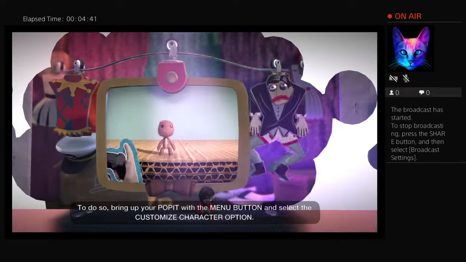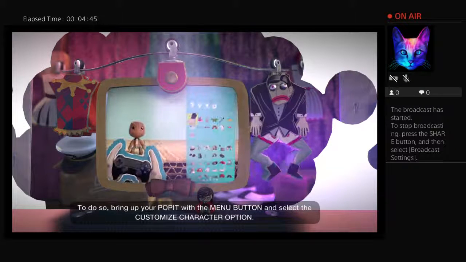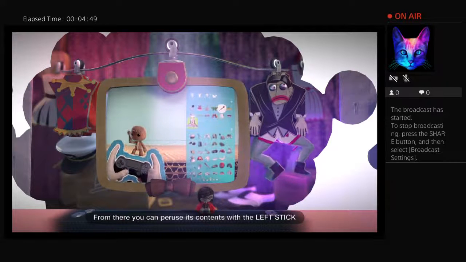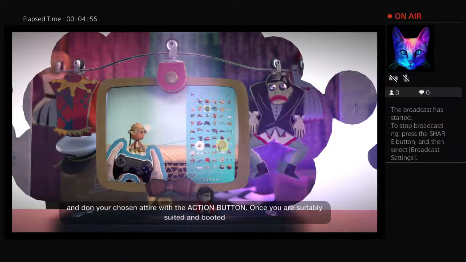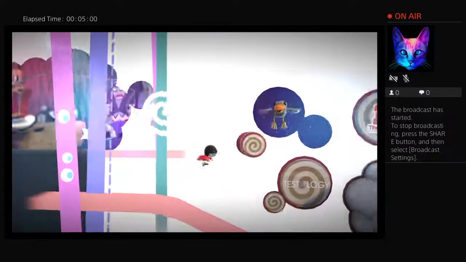To do so, bring up your poppet with the menu button and select the Customize Character option. From there, you can peruse its contents with the left stick and don your chosen attire with the action button. Once you are suitably suited and booted, having raided your boutique, a press of the...